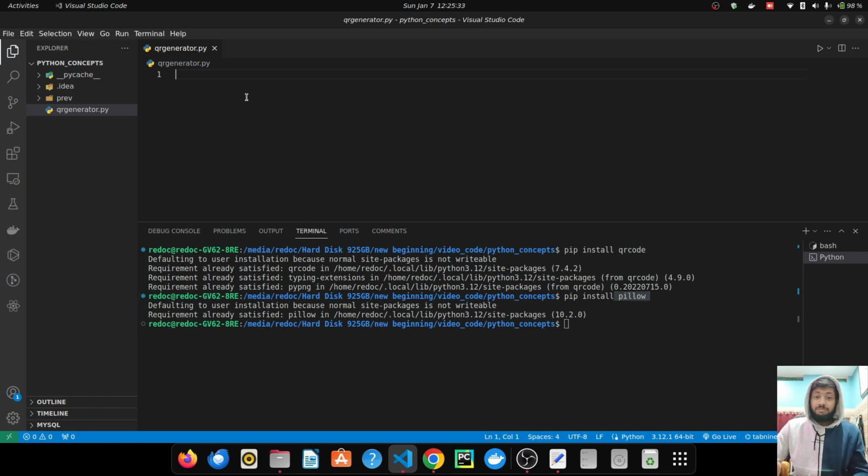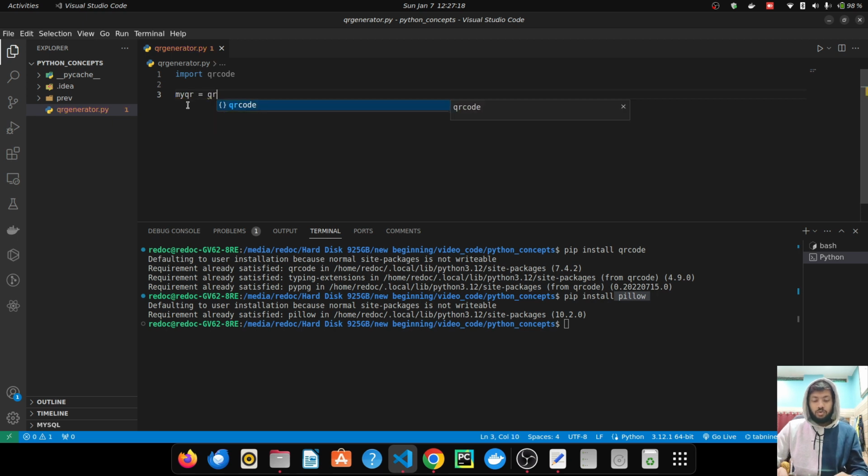First, let's import the required modules. We will say import qrcode. We don't need to import the pillow module. The pillow module will work in the background with the qrcode module. We just need to make sure that it is installed in our system. Let us create the object of the class QRCode, which is in the qrcode module. So myqr is equal to qrcode.QRCode class, and this class